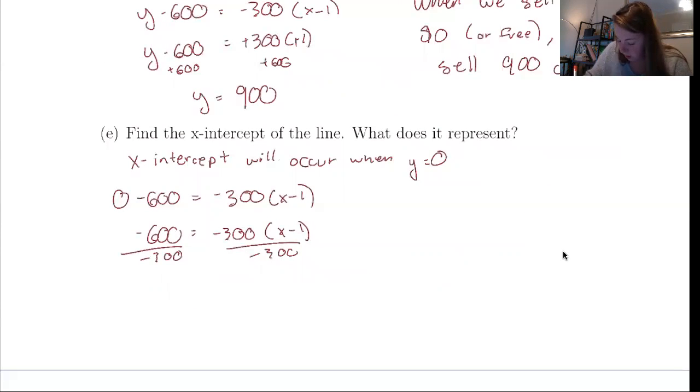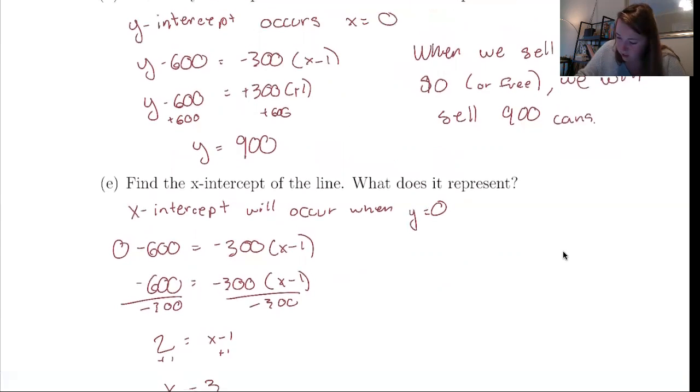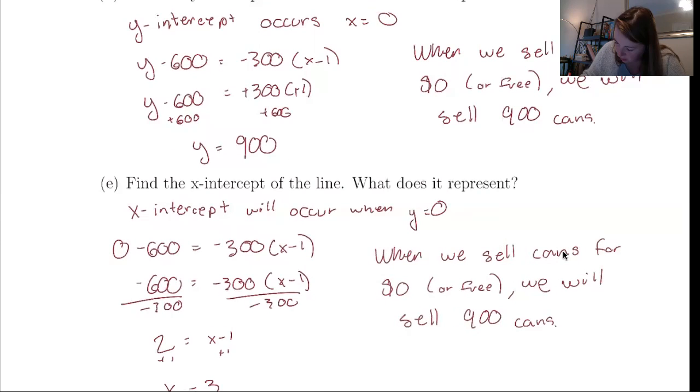So what is that going to be? 2 equals x minus 1. I don't need parentheses anymore. So plus 1, and x equals 3. So what does it represent? And we can just kind of even take this and fill in what we copy and paste. So when we sell cans for